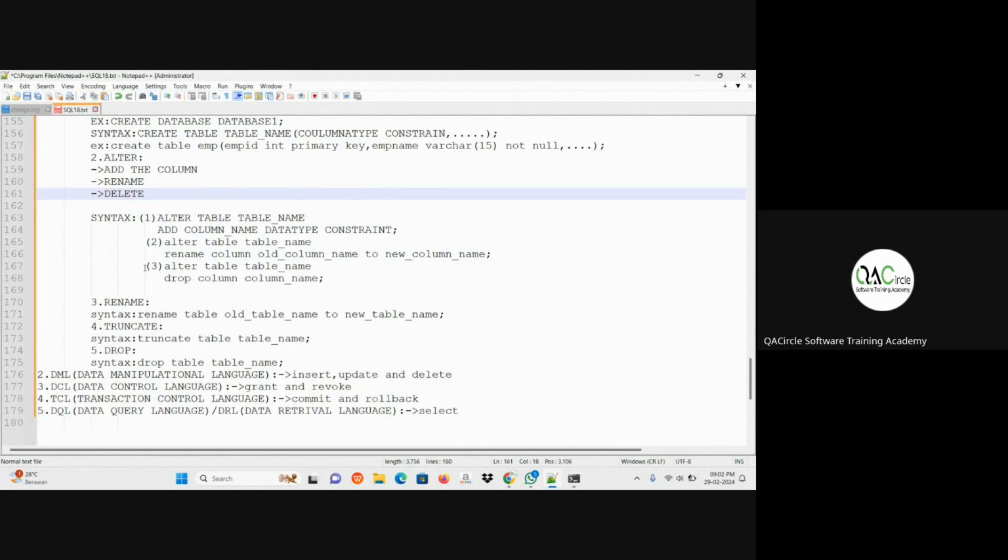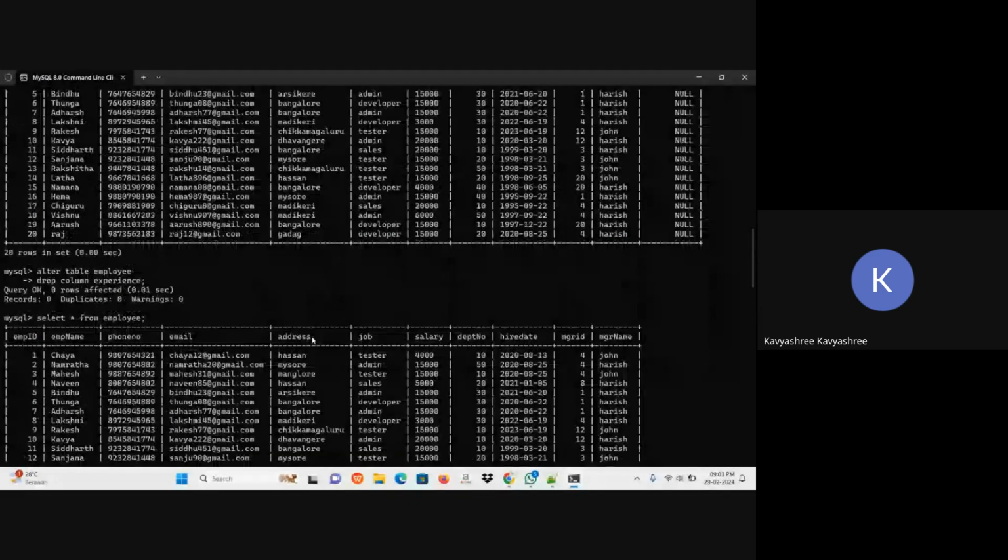Under that, take down this syntax. Done? Take this example.